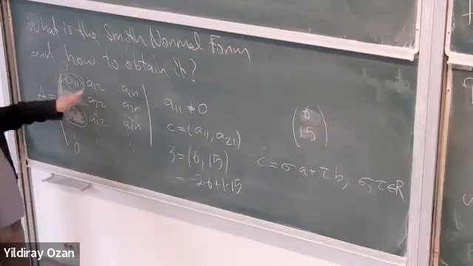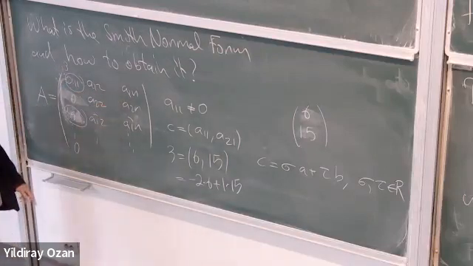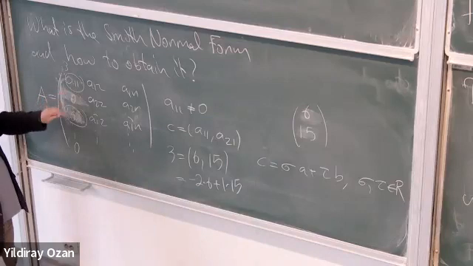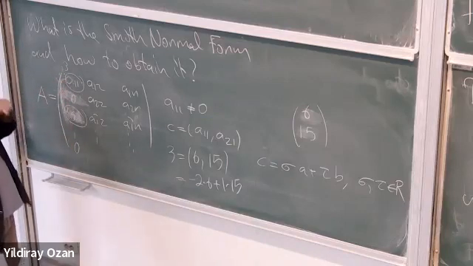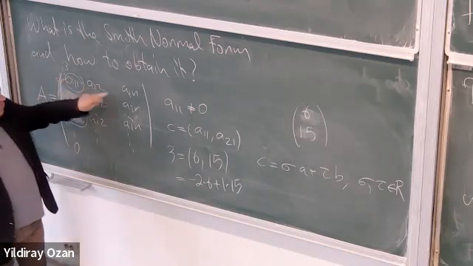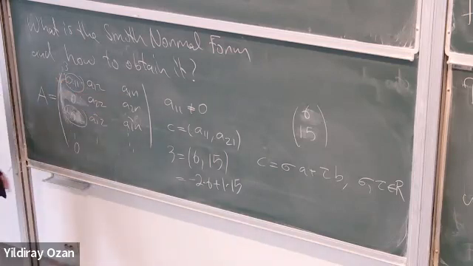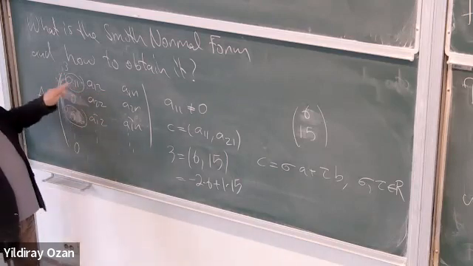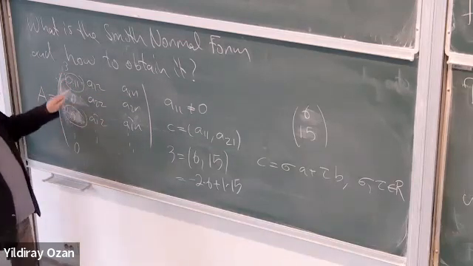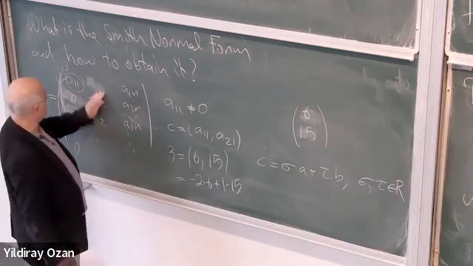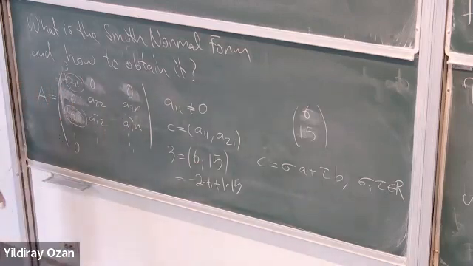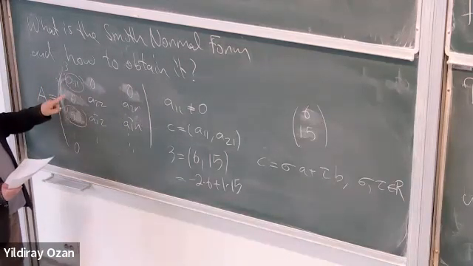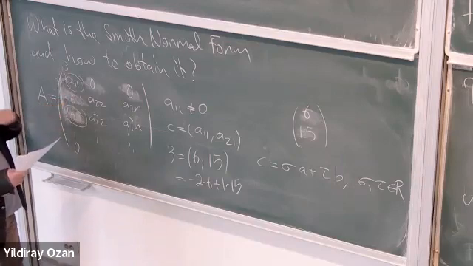Now this element doesn't have to divide these. Right? So I have one element here, it divides all of them and I make all this 0. But this element doesn't have to divide all these elements. What I will do, I'll do similar operations and kill all these guys. But these operations might spoil actually